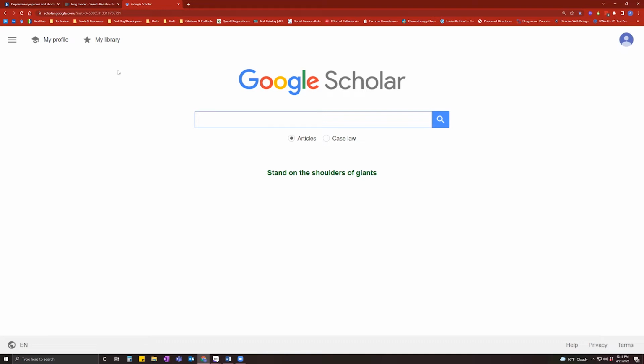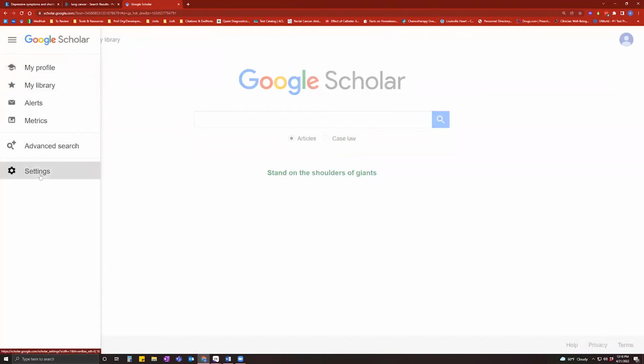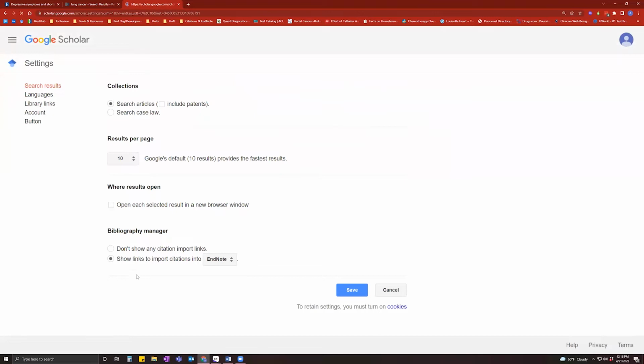But Google Scholar is different from the last 2 databases that I showed you because when you want to download into EndNote or any other citation management program, you first have to go to Settings and go down to the bottom little box here that says Bibliography Manager, and make sure the very bottom circle is checked that says show links to import citations into, and make sure EndNote is selected. So again, Settings, the bottom box here, click the bottom link and make sure EndNote is the one selected in the drop down here. And then you click Save